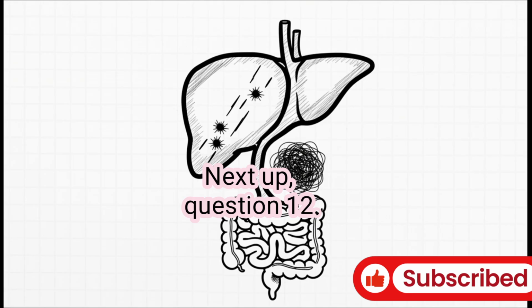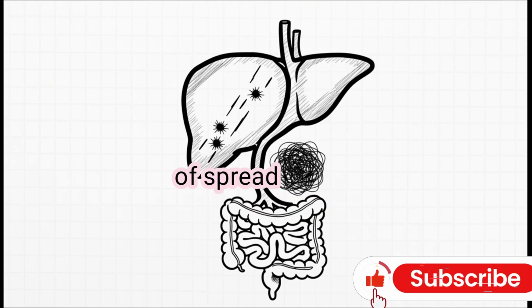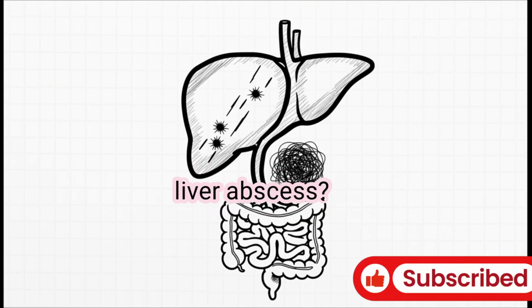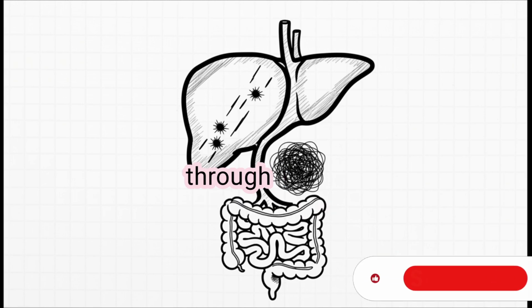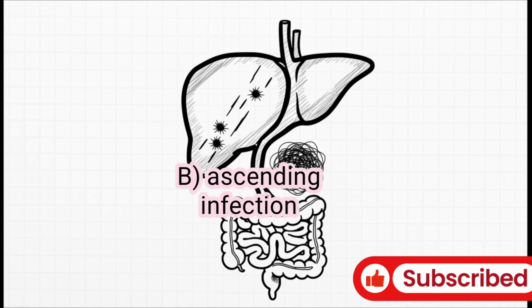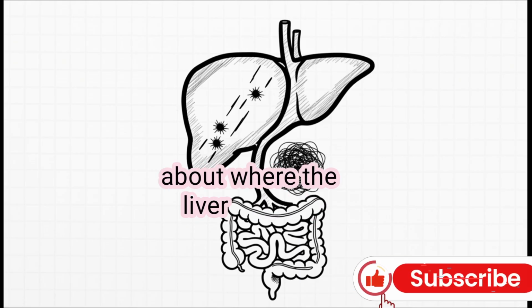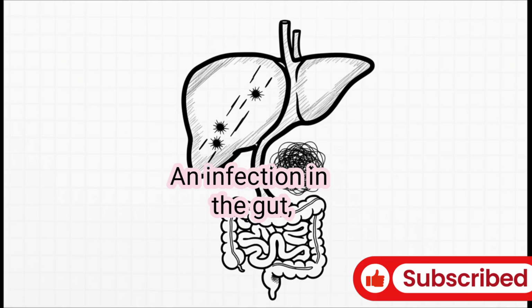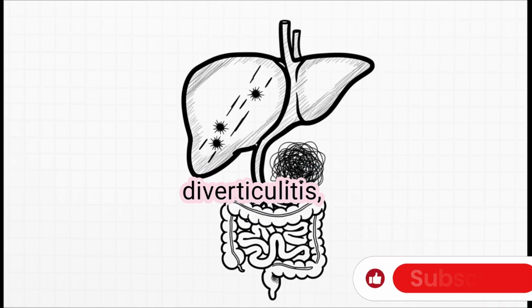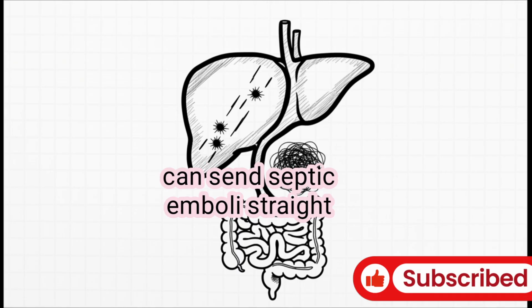Next up, question 12. What is the most common route of spread in a case of pyogenic liver abscess? Is it A. Hematogenous through the portal vein, B. Ascending infection through the biliary duct, C. Through the hepatic artery, or D. By local spread? The answer is A. The key here is just to think about where the liver gets its blood. An infection in the gut, say from appendicitis or diverticulitis, can send septic emboli straight to the liver through the